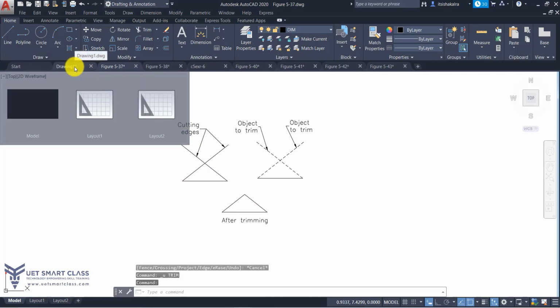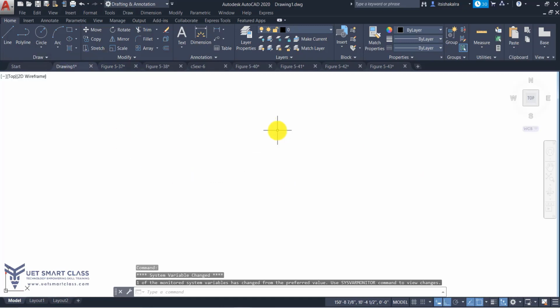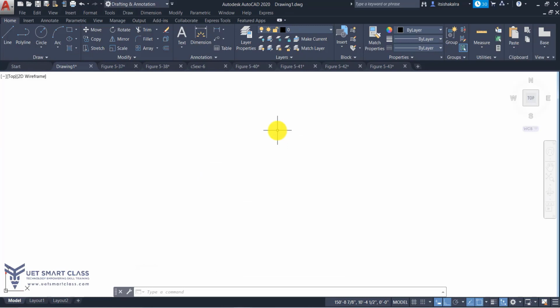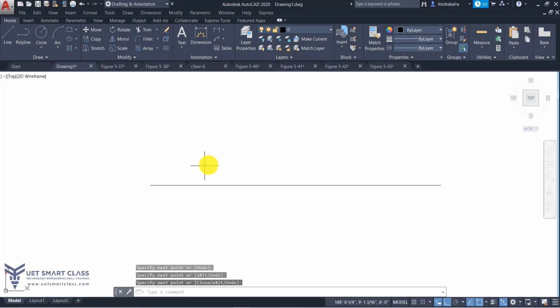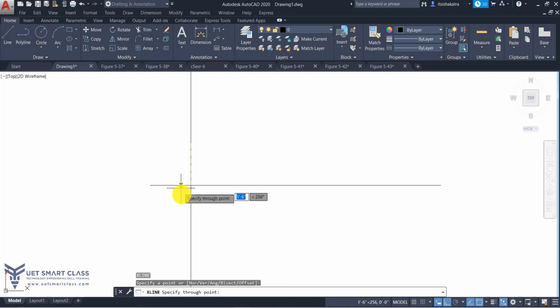Now, some important points which I want to tell before going to all the options. You can trim two ways. First was by selecting the cutting edge. For example, I have a line here. I have some extension lines.